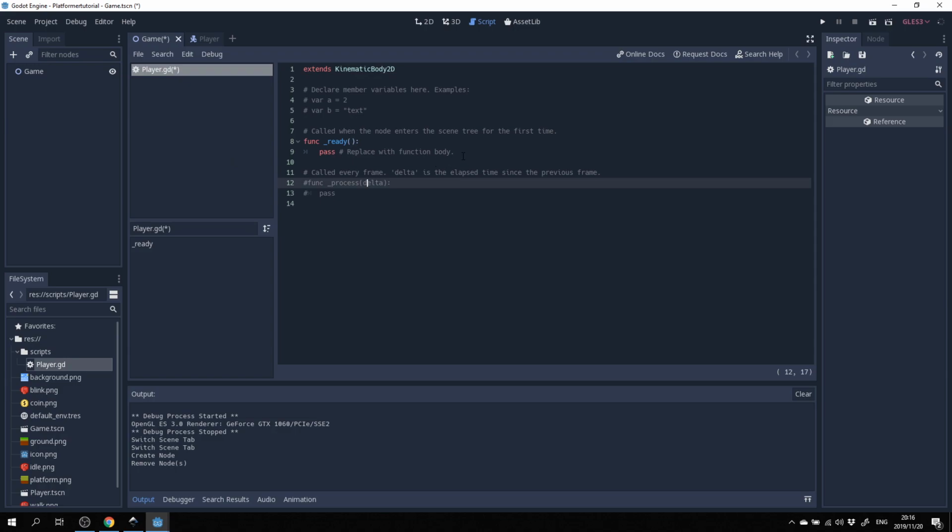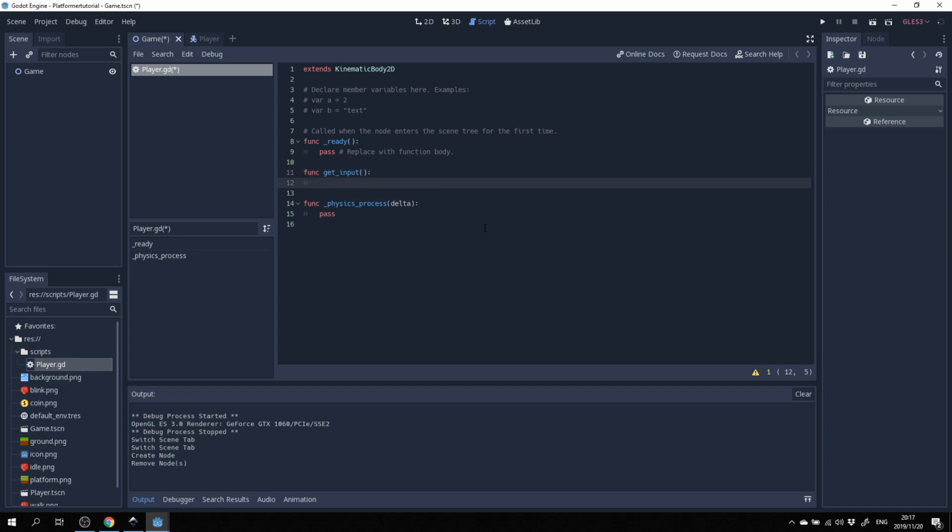We're not going to be using ready right now, but it's fine, we're going to leave that in. We're not going to be using process. We're going to be using something called physics process. Usually when you do some physics in Godot, you would want to use this function instead, so that you make sure that your physics is frame independent, because the process method will update on every frame, and this will be cognizant of actual physics processes. One of the first things we want to do is make sure we get some input. For that, I'm going to define a very basic function called getInput.